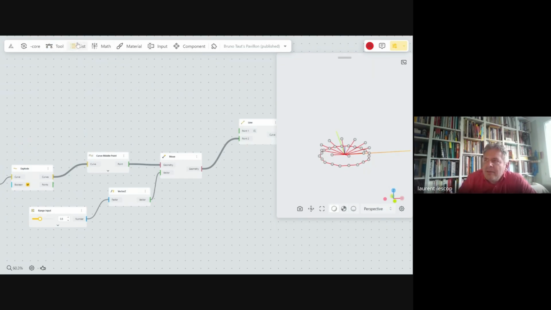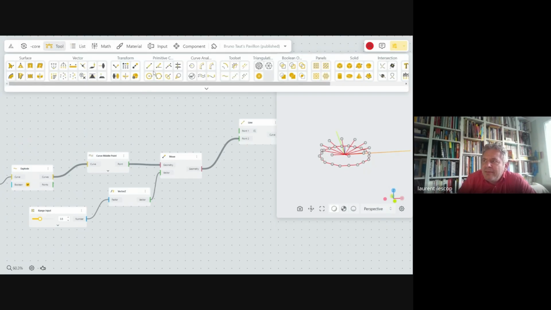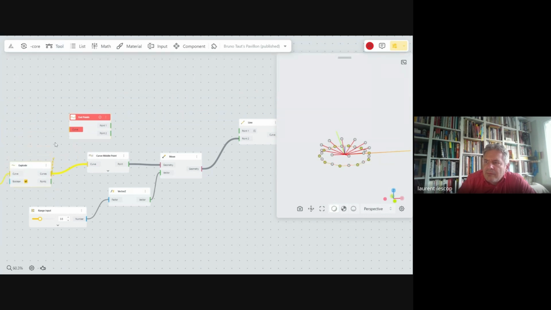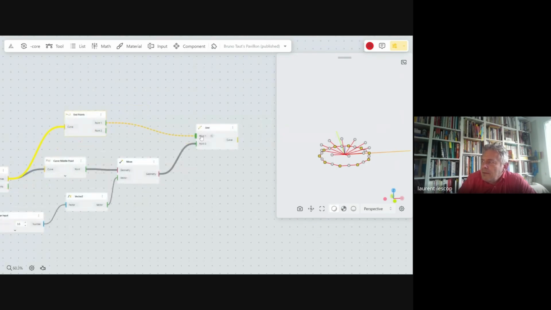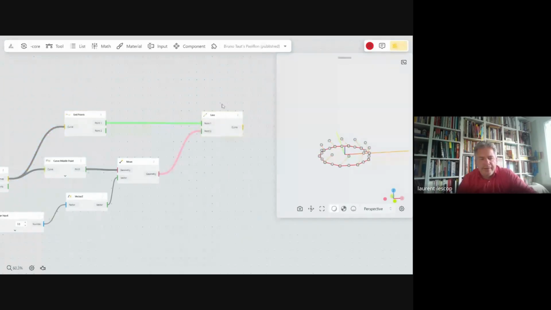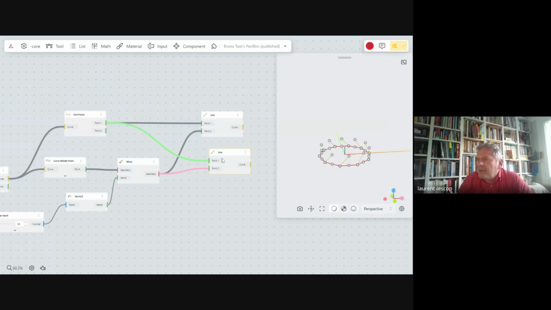The safer way to do that is to have endpoints on the curve. Here. Okay, one here. Okay, this works. And then a second line. Is it going to be this one?